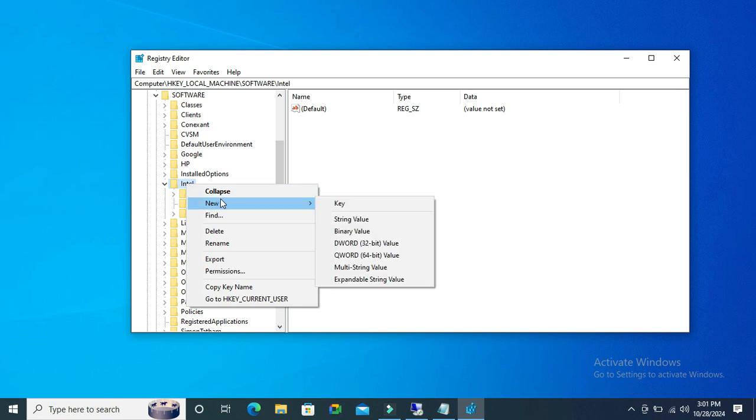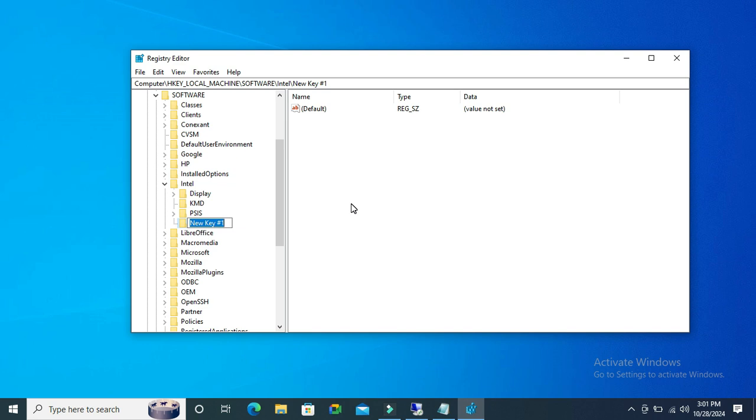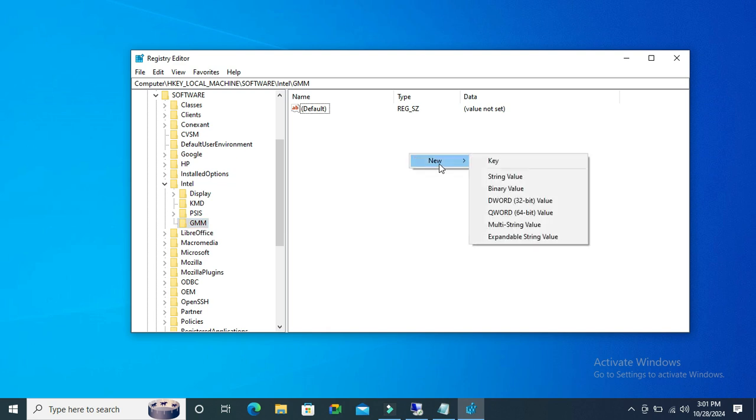and go to New and click on Key and type GMM and then select GMM and right click on empty area, go to New and click on DWORD (32-bit) Value